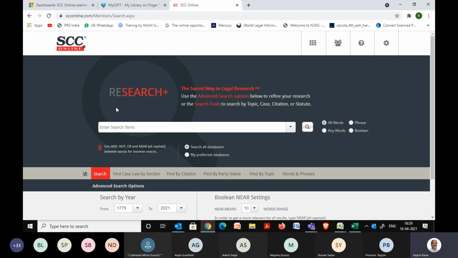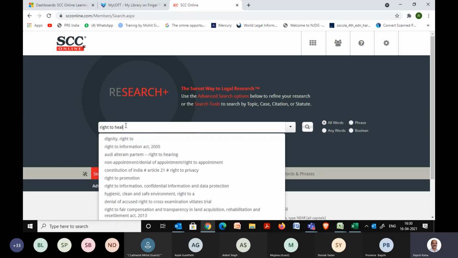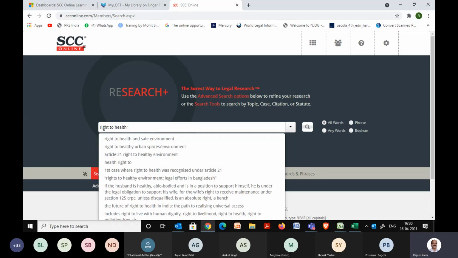Now, similarly, if I have a phrase to search for, like two words which should be appearing together, in that case, let's take an example of right to health. And here, what I'll do is I'll put it in double inverted commas.